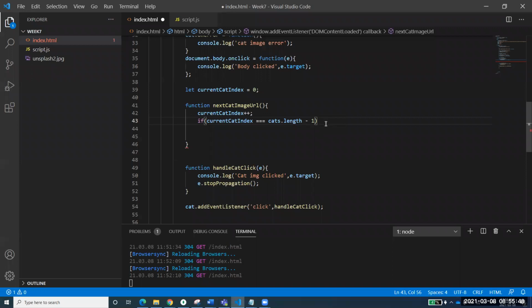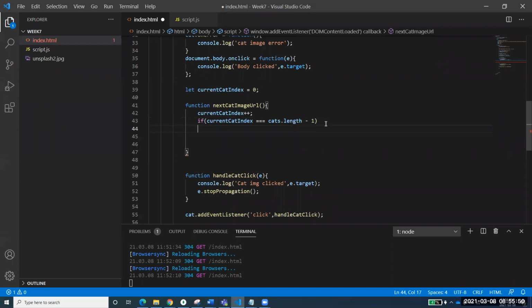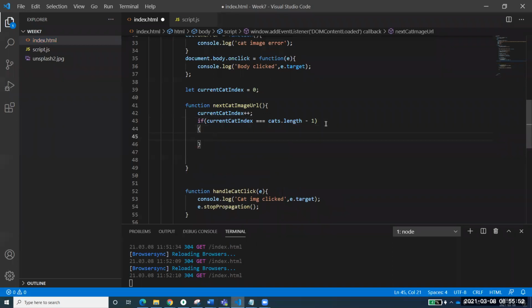So if it has reached minus 1, it does mean what? It means that now you have reached the last record. And if you have done that, you should make it again 0, right? So whatever number of elements are there, you just make it 0 if you have reached the last point. I hope you know this basic syntax of reaching the last element of an array.